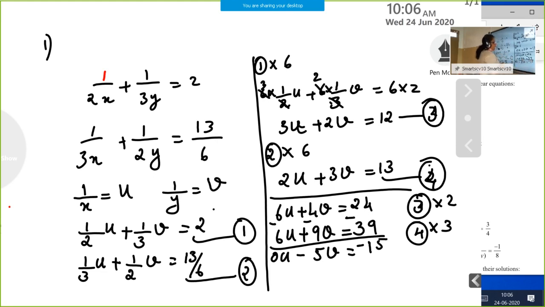39 minus 24 is 15. That is v is equal to minus 15 divided by minus 5. That is equal to 3. v is equal to 3. Then substituting the value of v in equation 3 or 4 and find the value of